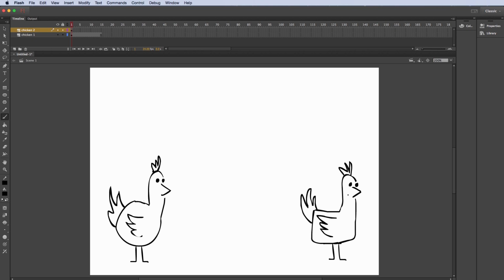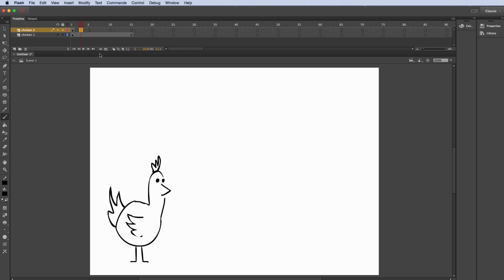Okay, so what we're going to do is apply some squash and stretch to make this turn and to kind of shorten the time that it'll take for the chicken to get from one side of the screen to the other. Okay, so I'm just going to change my frame size here a little bit larger so you can see a little bit easier. Alright, so I'm going to go from frame 1 to frame 3, and I'm going to press F6 to insert a new keyframe.